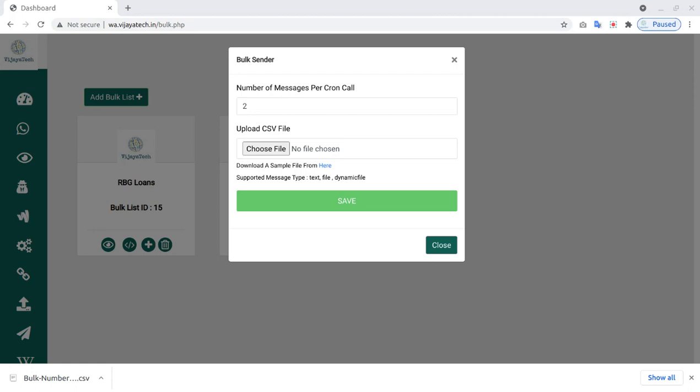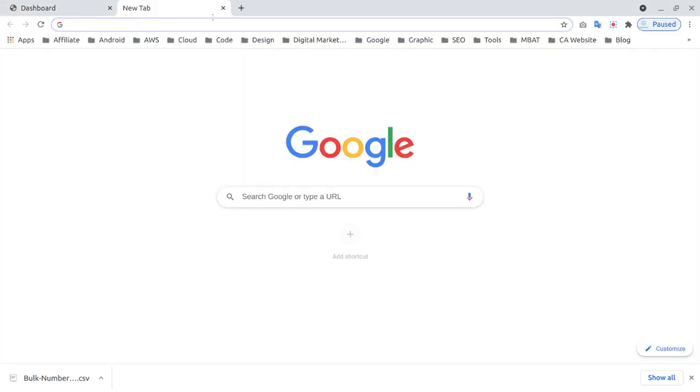Here I am sending a text message, and if you want to send an image, you should upload that to the server and then give it as file. And here dynamic file is for another purpose, like if you want to send dynamic images to your customer. So as of now we will try image and text.